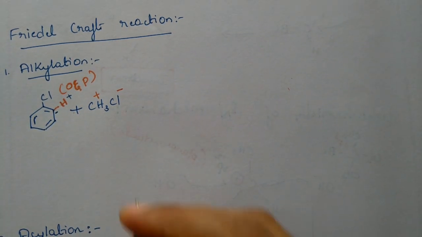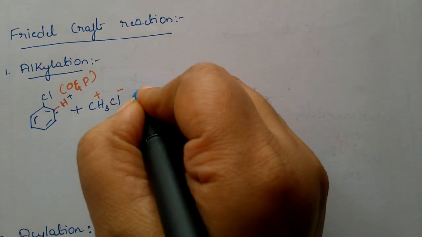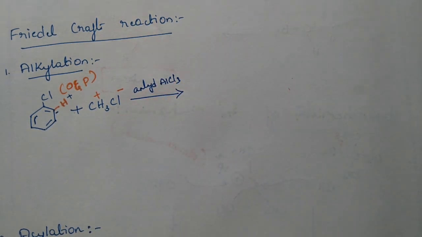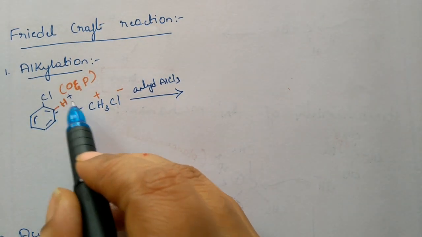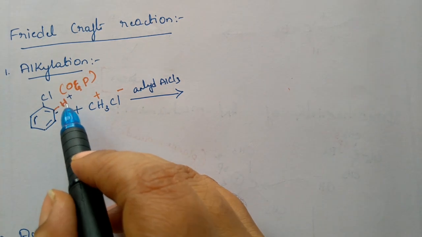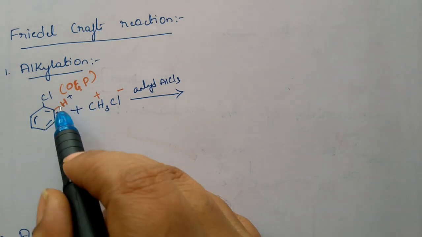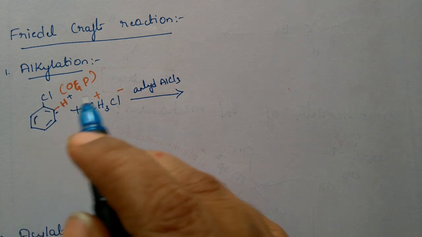Clear? So the reaction will take place in presence of anhydrous AlCl3. All these things will take place in presence of AlCl3. This is what mechanism is different, and single step reaction we are discussing. That is enough here. So observe, instead of H plus, CH3 plus will be substituted. That is one product as ortho. One more para product, so that is para position, hydrogen is there, same kind of dissociation. So that hydrogen will leave as H plus, this carbon will get minus.